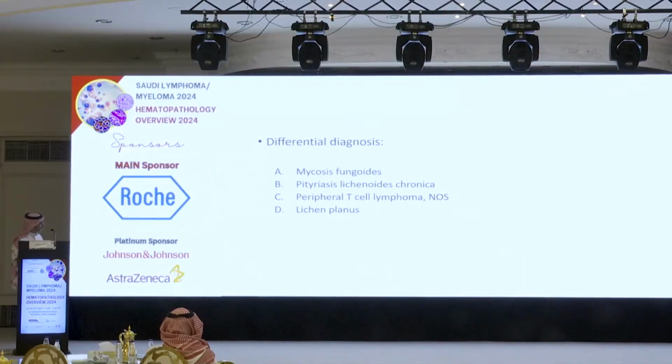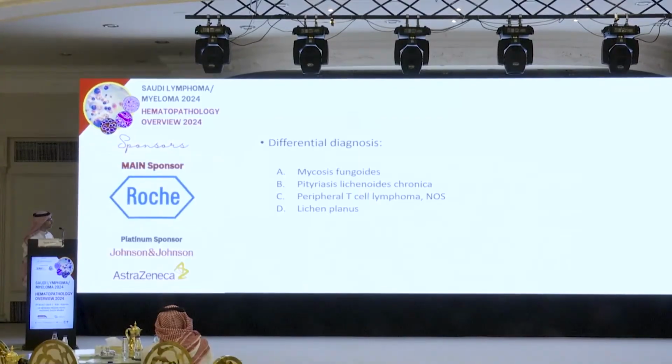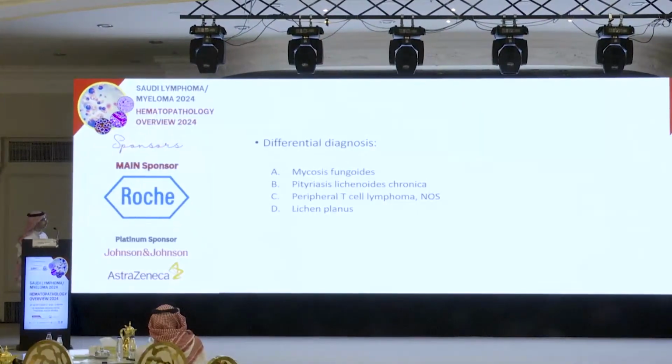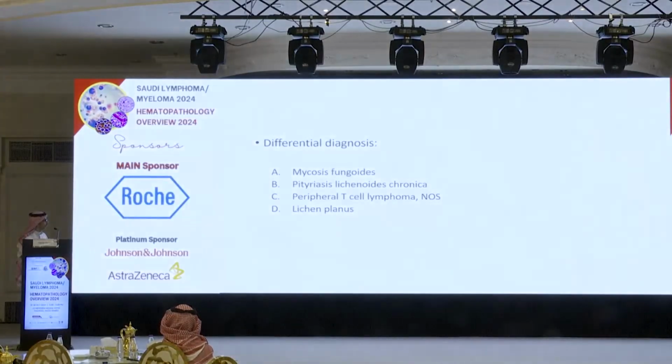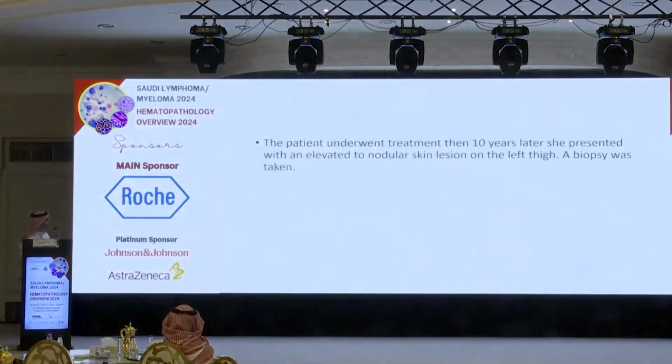Differential diagnosis: mycosis fungoides, then other mimickers, pityriasis lichenoides chronica, or peripheral T-cell lymphoma NOS, or lichen planus. So we'll go along these things in the presentation, just to give you an overview. So this particular patient